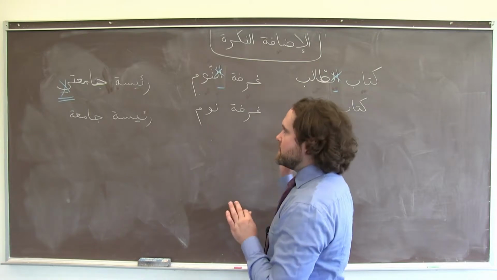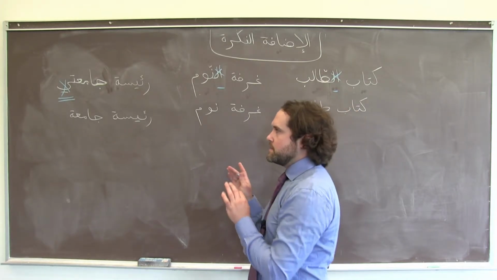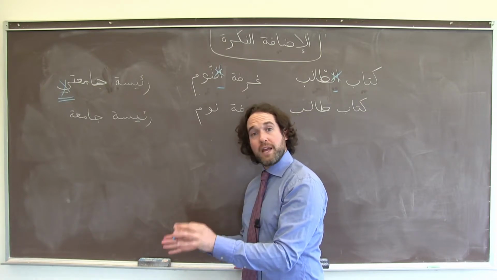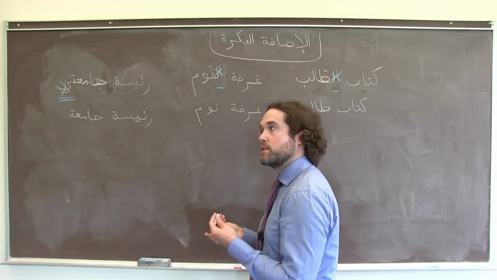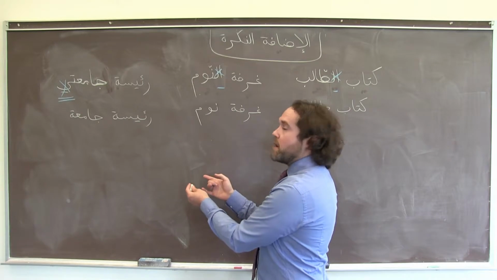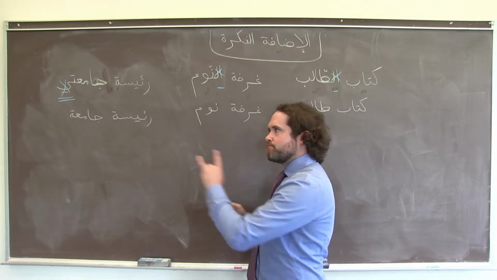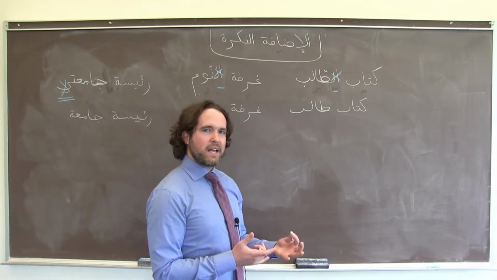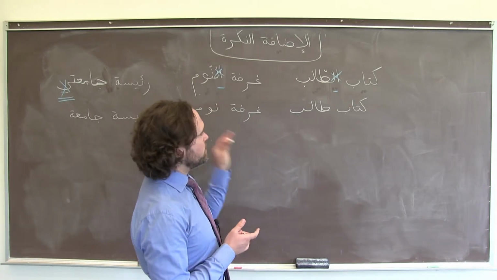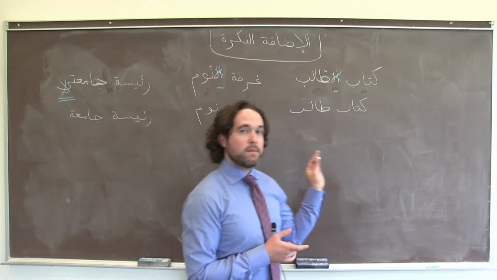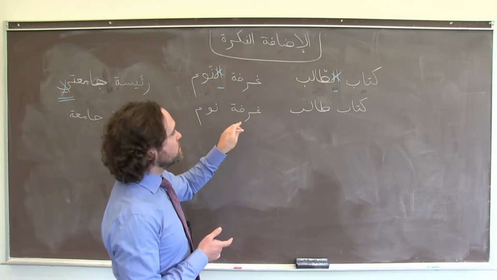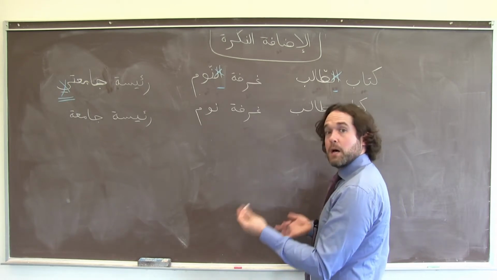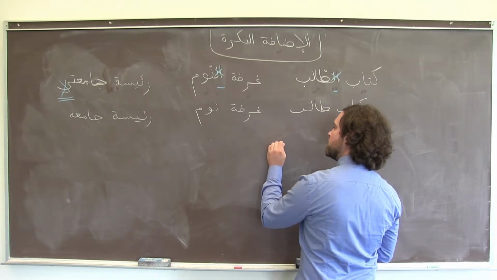If we're using these idafat in a sentence, we need to remember that they work just like all other nouns in Arabic. They're going to be modified by adjectives that need to be gendered just like the nouns. And since the principal noun of each of these idafat is at the beginning, we need to make sure that we gender any adjectives correctly. For example, if I wanted to say I have a big bedroom, I could say